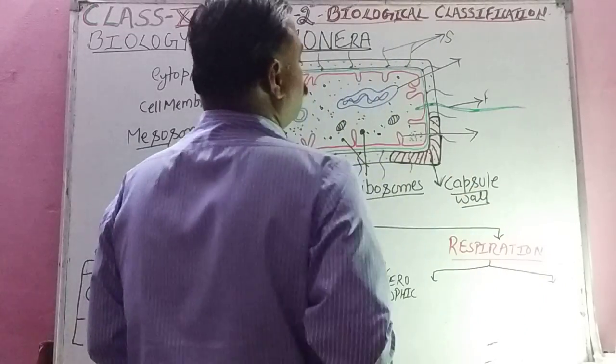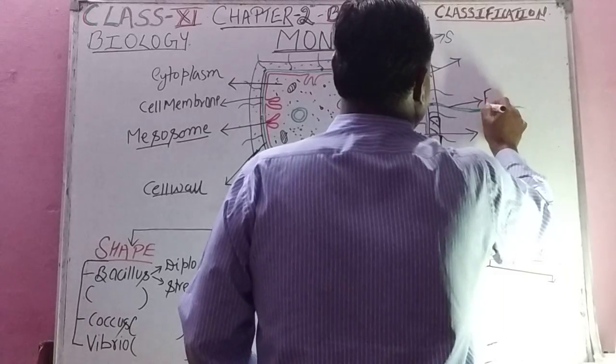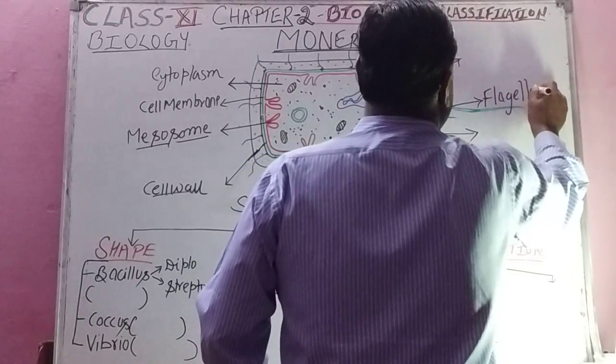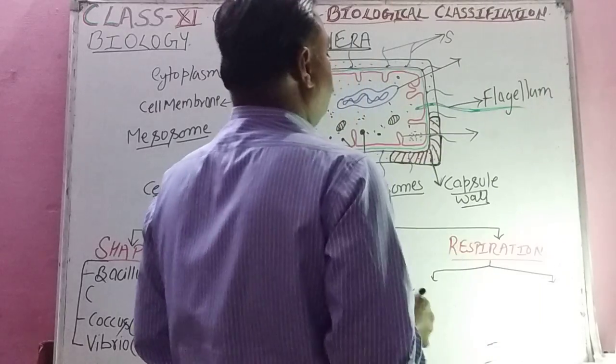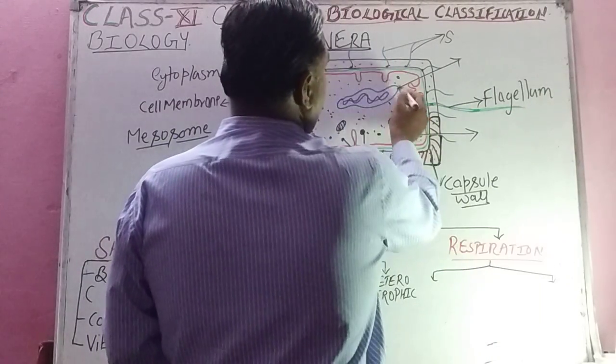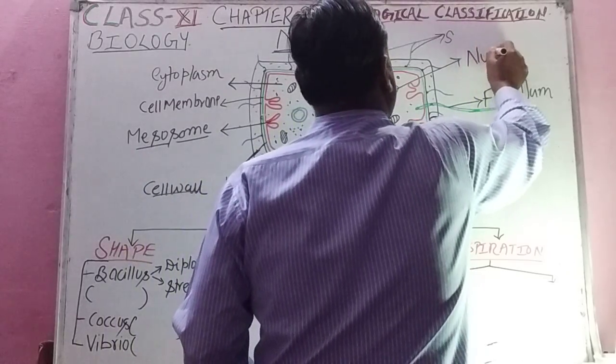This shaded area, capsule wall, and this green structure is the locomotory organ called flagellum. Locomotory organ called flagellum, and this naked nuclear material not bounded with any